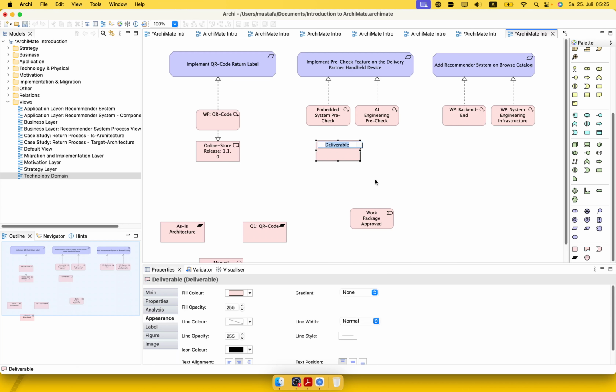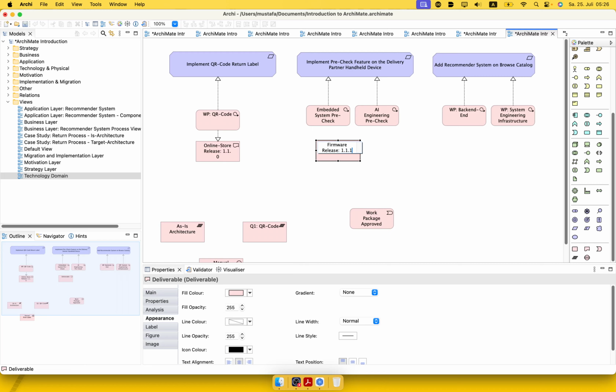The deliverable from the embedded system is the embedded system pre-check. So we will have a new, our proprietary operating system and firmware, firmware release